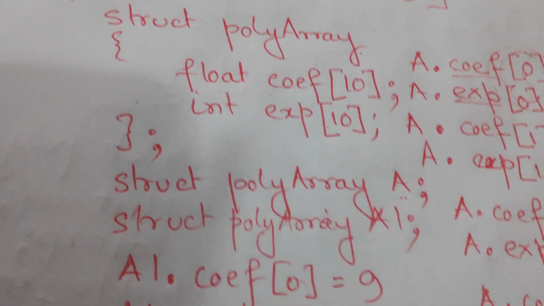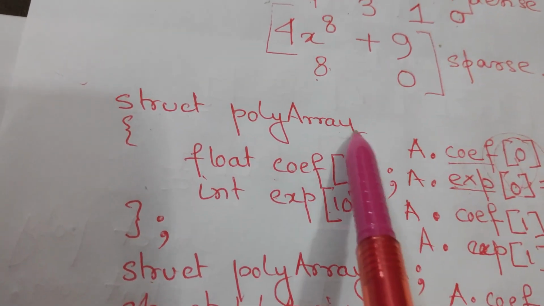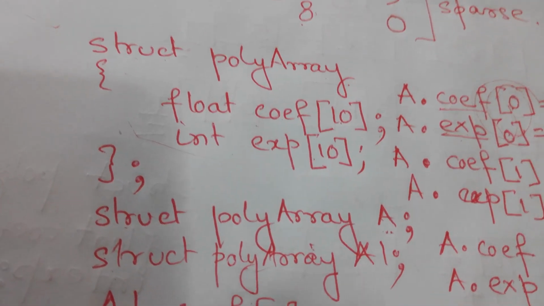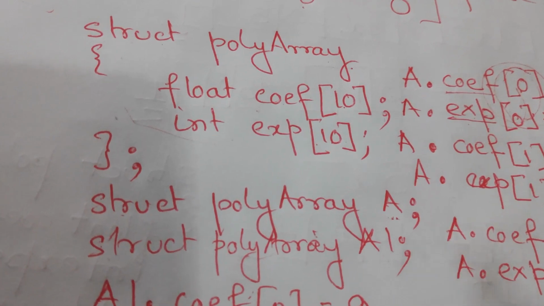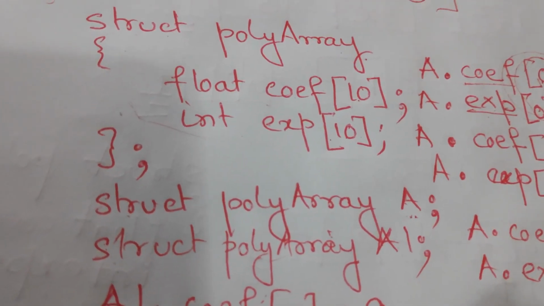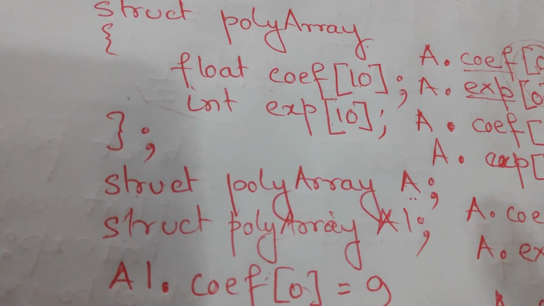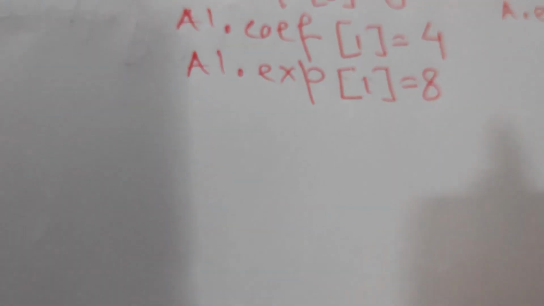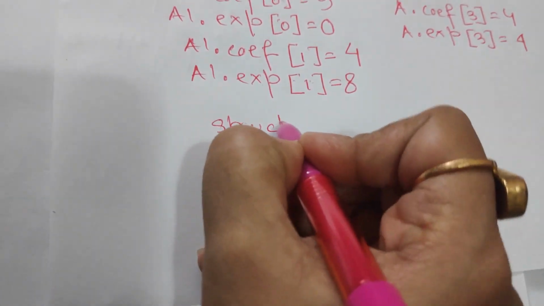Right? So, if we are storing a sparse polynomial using this process, then there is a high chance of underflow of the array. So therefore, we will change the representation when we are using a sparse polynomial. And how do we change the representation? For a sparse polynomial, we will take a structure,